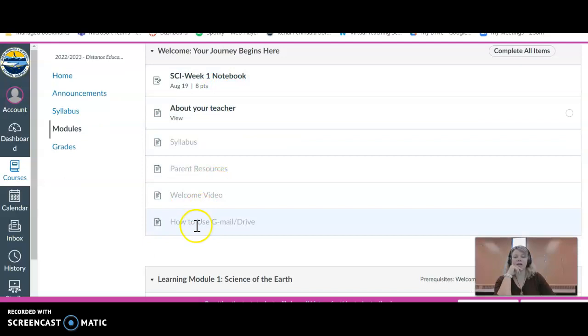Okay, the how to use Gmail and Drive video. In that, it will show you how to share a document with me folder. Just follow the directions on that. And then once you're done with that, and you're done with your assignment, your week one notebook, which I'll go over in a minute,